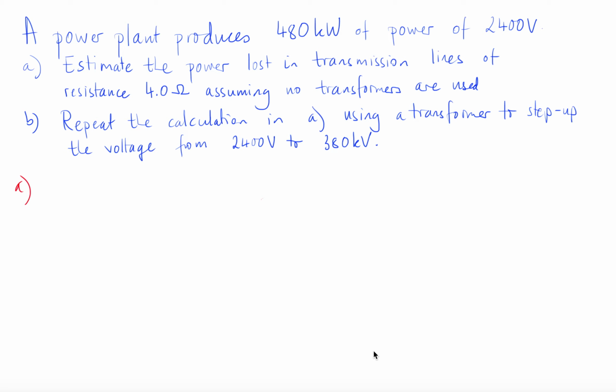A worked example using transformers to step up the voltage. So we have a power plant producing 480 kilowatts of power at 240 volts. Part A, we're to estimate the power lost in the transmission lines, which have resistance 4 ohms, assuming no transformers